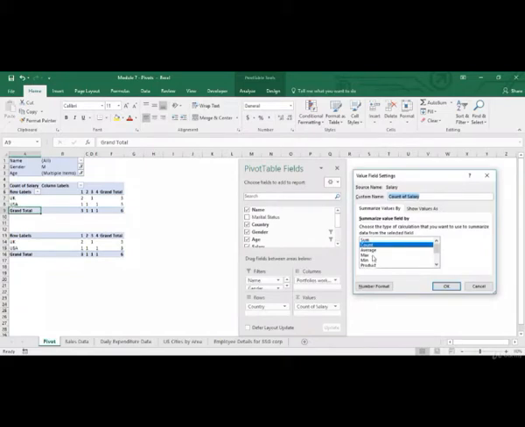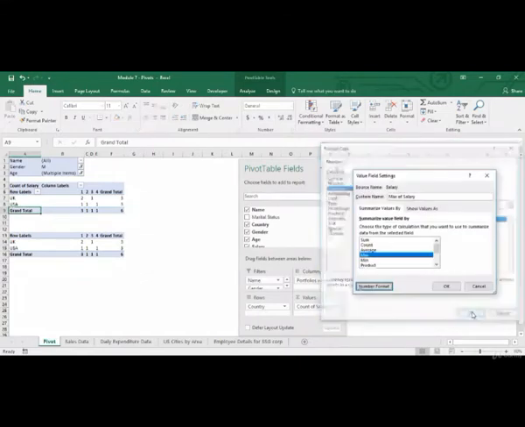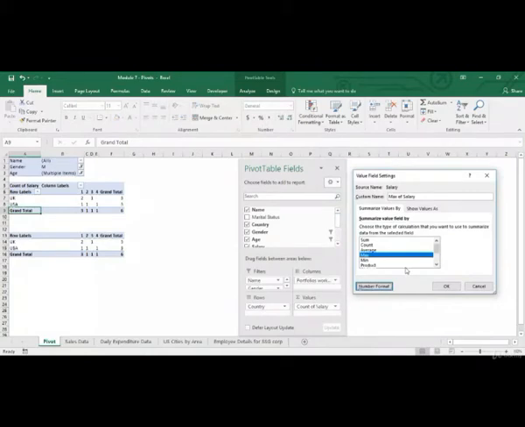Value field settings, Max, number format, it needs to be in currency. Okay. So when we are going to use Max, as you can see over here, I've got two employees within this segment where the country is UK and the number of portfolios worked is one. So what the max operator will do is it will give the maximum salary of these two employees. So let's click on OK.